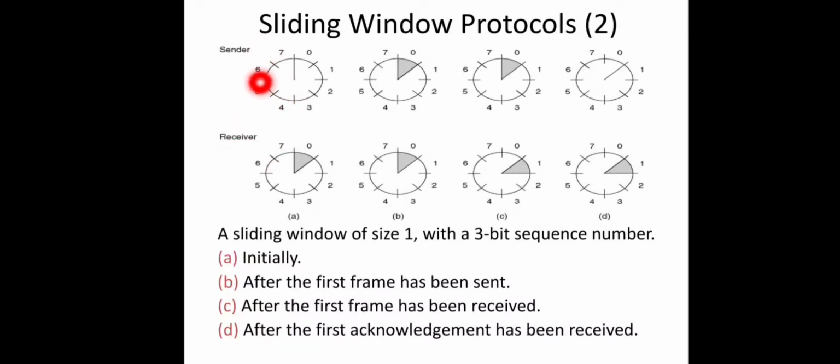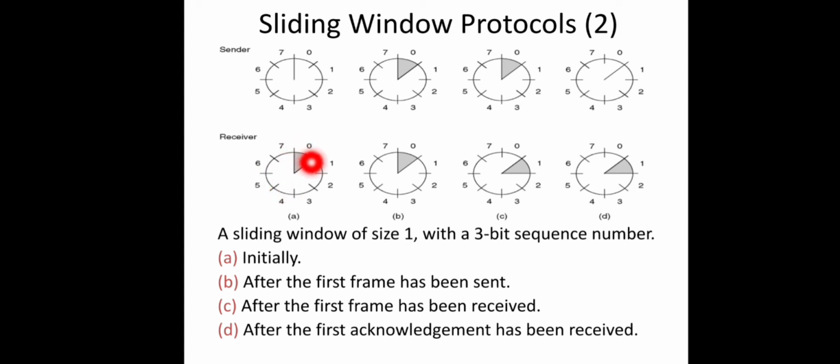Now take the initial stage of the sender. Initially the sender doesn't have anything in hand. Whenever the network layer of the sender transfers a packet to the data link layer of the sender, it will be assigned a sequence number. The sequence number will be the next highest sequence number. Here that will be 0. So that 0 will be assigned to this packet. It will be converted into a frame, and then this number will be assigned. This frame 0 will be sent to the receiver. And you can check the initial stage of this receiver.